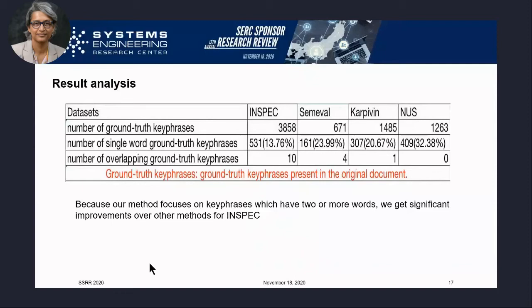Even so, it doesn't fully explain why our unsupervised method should be beating the supervised method. We still don't know why. Those are some of the things we will be looking at for the next cycle, as well as looking at other ways of generating key phrases. So that's pretty much it for me. Happy to take questions.